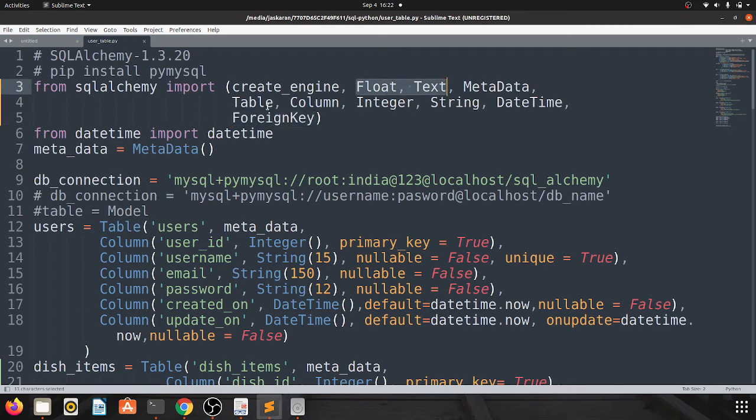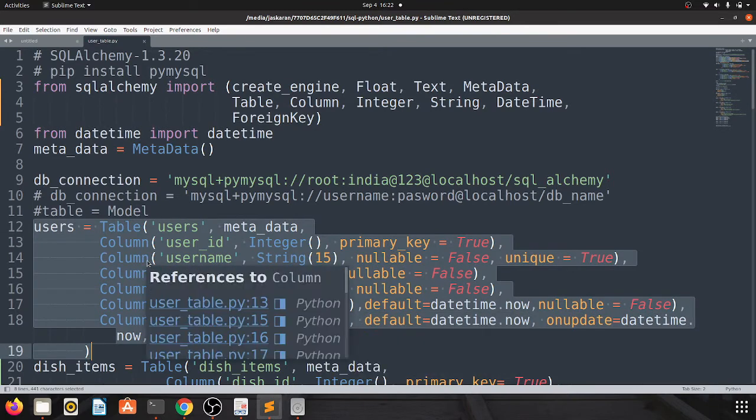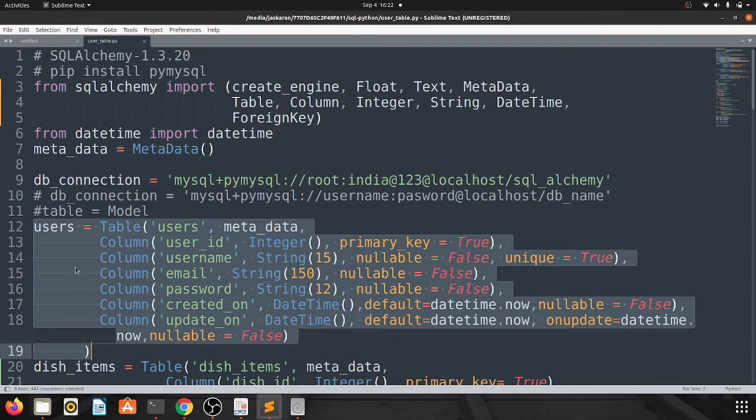Now we are going to use these classes as well, so that I can explain what it will do. So this is the user table you have already created in my last video. In the first video you can see I have created this username.